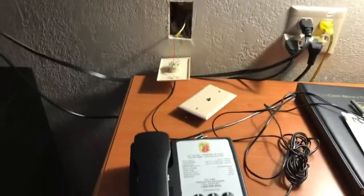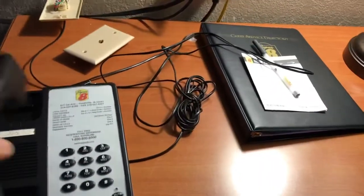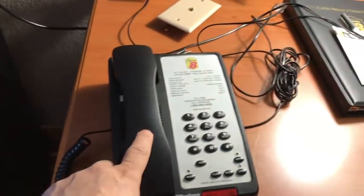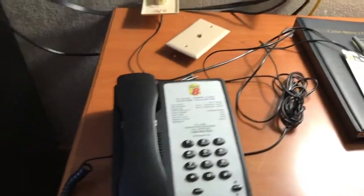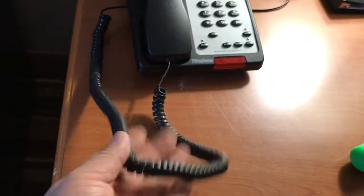If your telephone is not working and you already tested the phone, everything is working, you check the cords, make sure it's working. If you have another line or another room where the phone is working, you can take it and test. And sometimes it's maybe this cable, sometimes it might be this one right here that you need to replace, but